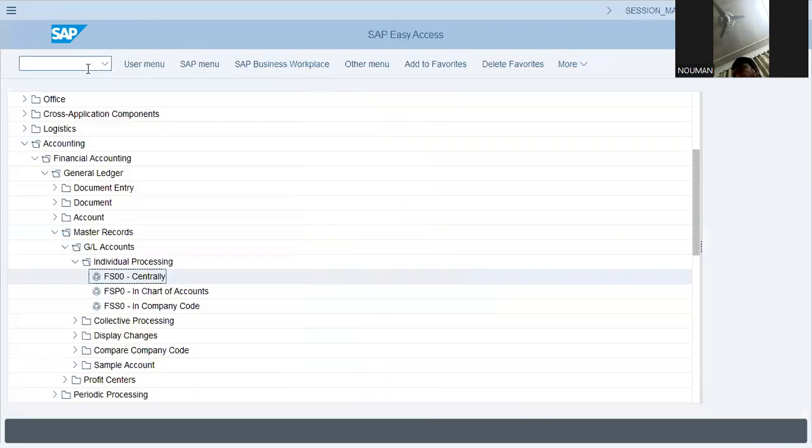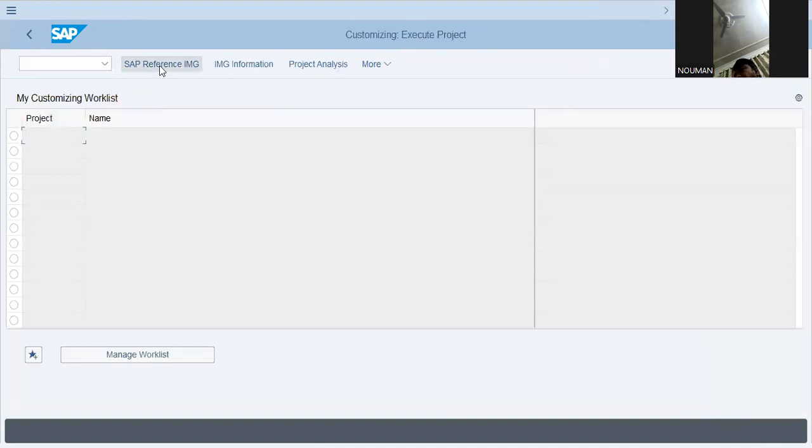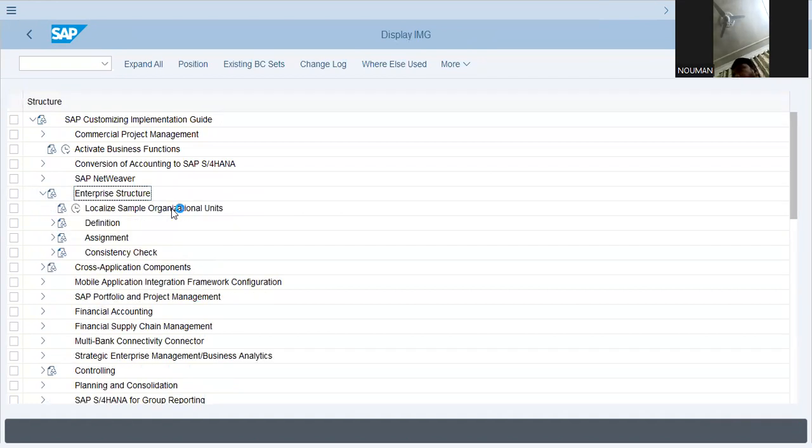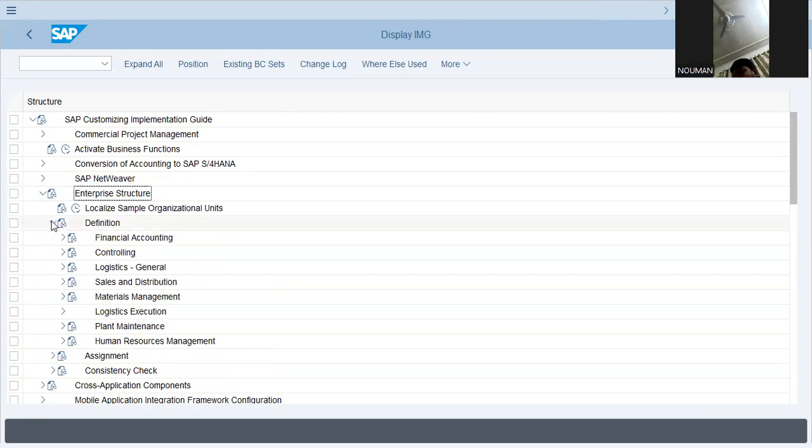/n, and I will configure some of the areas. SPRO is the configuration T-code to access the back end. Now I've seen a little bit of an overview of the front end. Now we have the back end. In the back end, of course, as I told you, we have to configure organizational units. Organizational units start with enterprise structure, because you have to create a complete structure of the enterprise. And that starts with financial accounting,